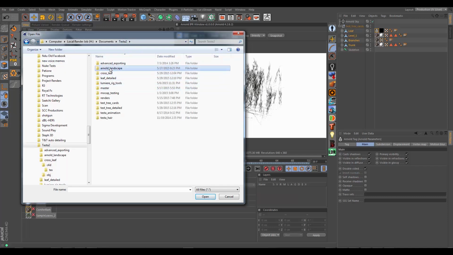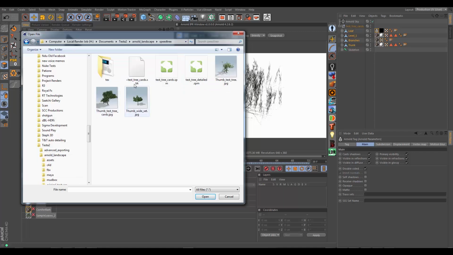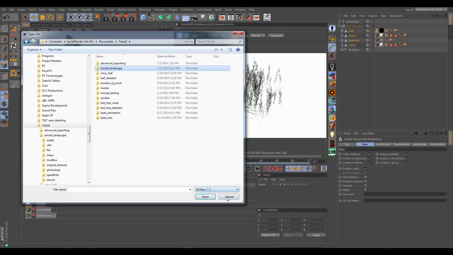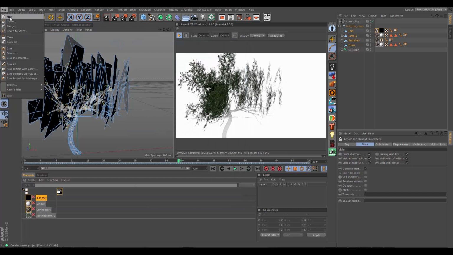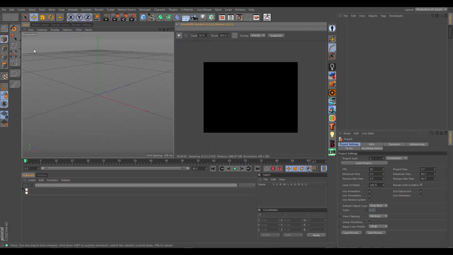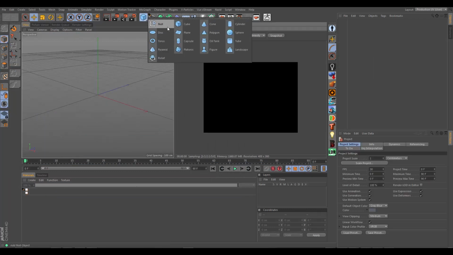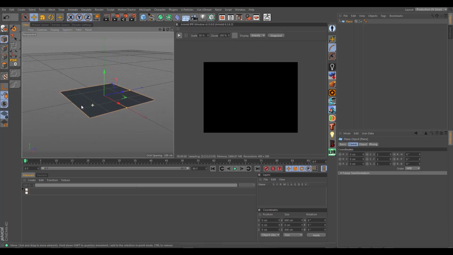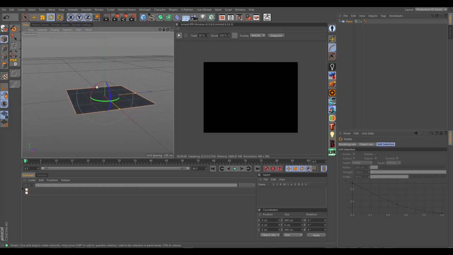See if I can find that leaf really fast. Okay, looks like I might have deleted it. But yeah, if we create a new file here real quick, turn off the IPR, I can kind of show you how that would work. And I basically generated from Speedtree's leaves. So, you know, in a classic PlayStation, original PlayStation generation,